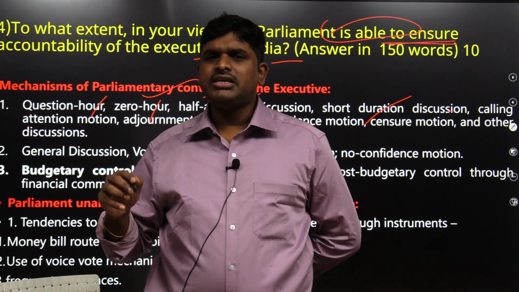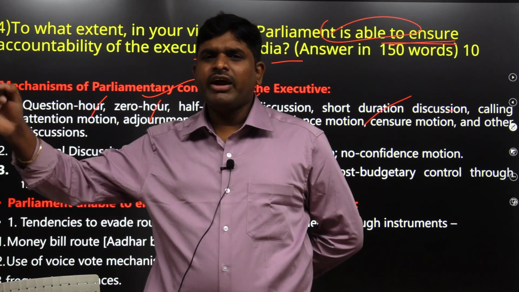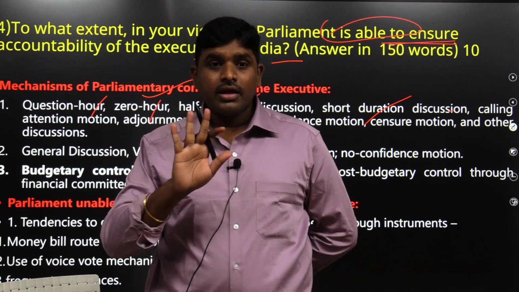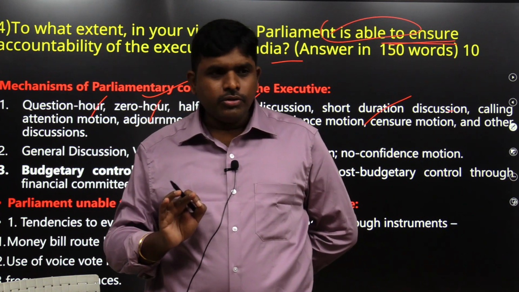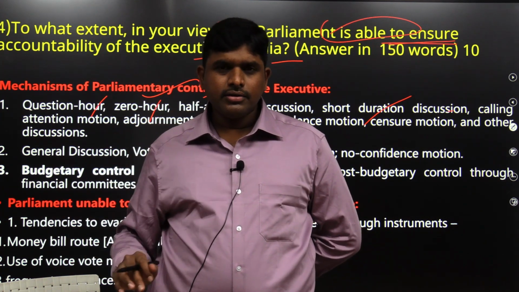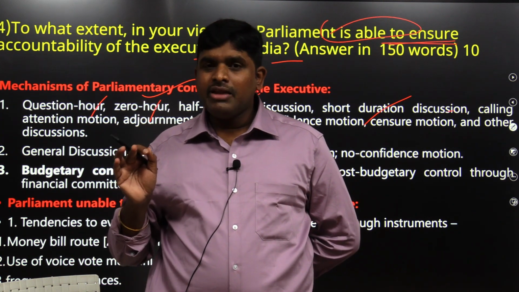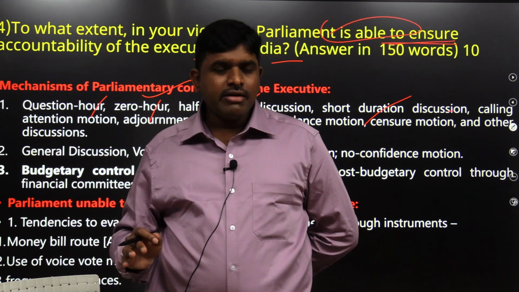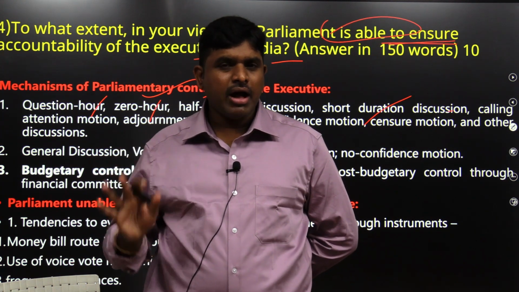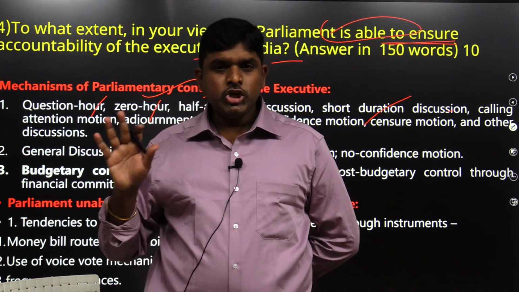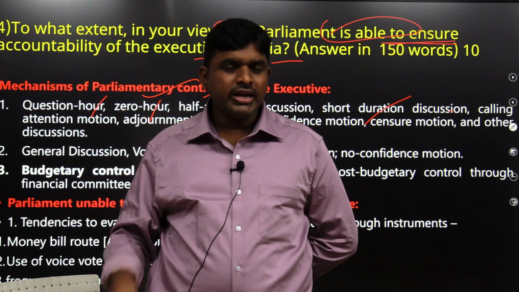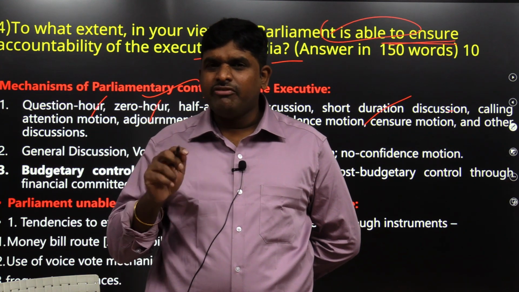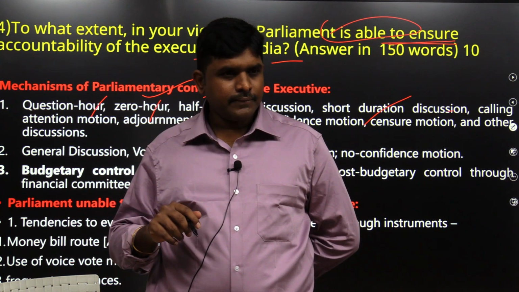Only this many hours they are sitting. There are a lot of arguments and fightings happening in Parliament. This everyone will write. But what did the government do? When the Aadhaar bill was being tabled in the Parliament, the present government didn't have a majority in Rajya Sabha. They have a majority in Lok Sabha, but not in Rajya Sabha. So passing this Aadhaar bill was a very tough task.